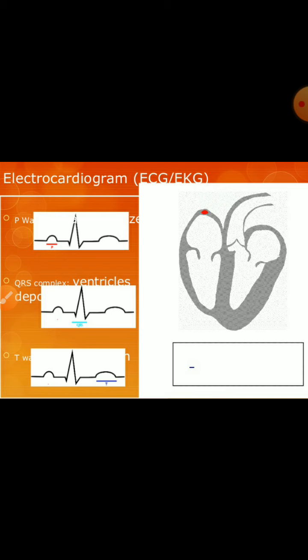Second, if we talk about heart rate, the rate of heartbeat can be determined from ECG, as the time interval between two successive heartbeats is the reciprocal of the heart rate. So normal interval between two successive QRS waves is nearly about 0.83 seconds. So normal rate of heartbeat is 60 upon 0.83, that is 72 beats per minute. Its other significance is it can also give other information like size and position of the heart chambers, presence of any damage to heart muscles or conducting system, effect of cardiac changes.